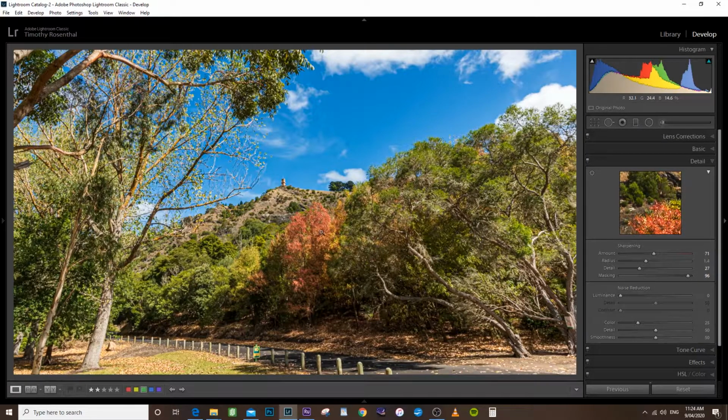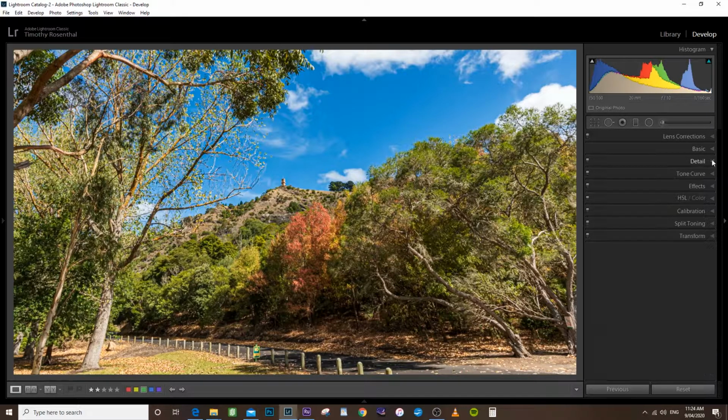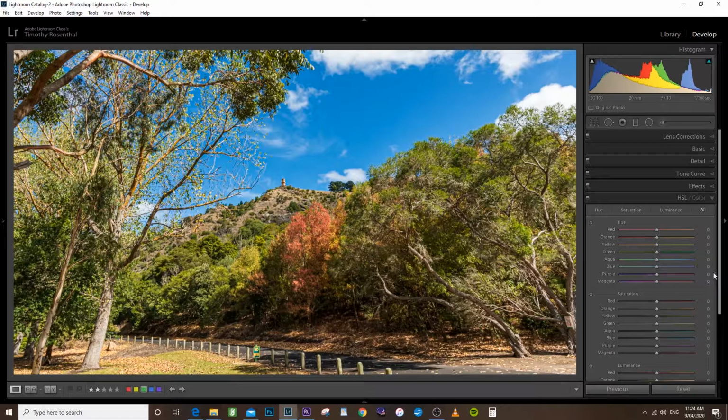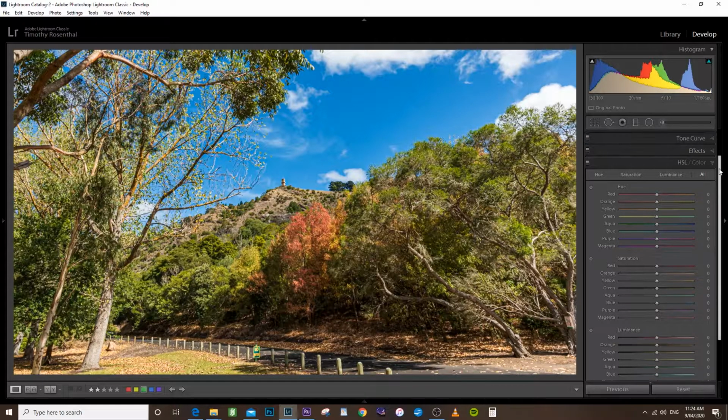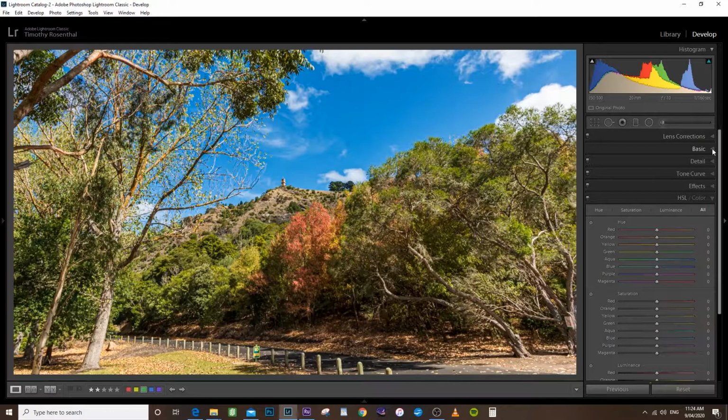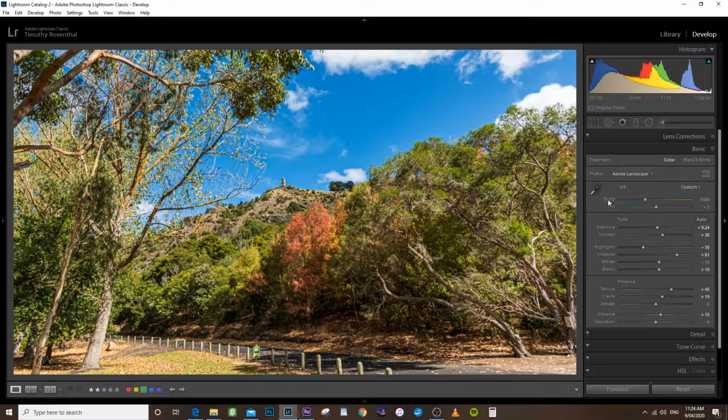Okay, so now we're going to bring some colours out in this image. So if we come down to the HSL colour panel, you've got hue, saturation and luminance. So I just want to bring those reds and yellows and the lighter greens out there in the greens in the trees here. Just while we're on these colours, if we go back to here, and with the temperature,